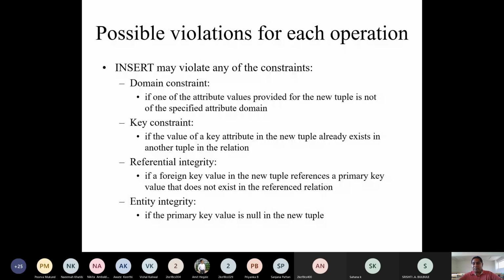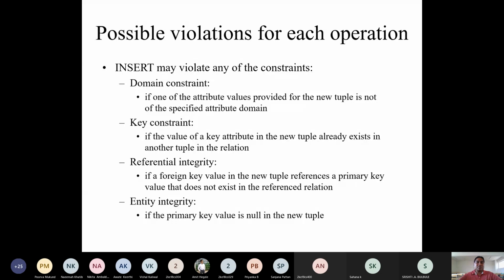Domain constraint is what? If any one of the attribute values provided for the new tuple is not of the specified attribute domain. That means if you try to enter data which is not of the same data type which you have initialized, obviously you will get an error.